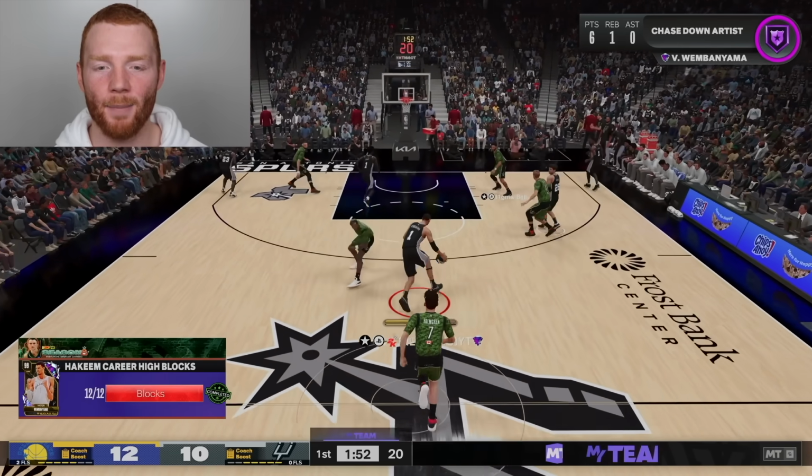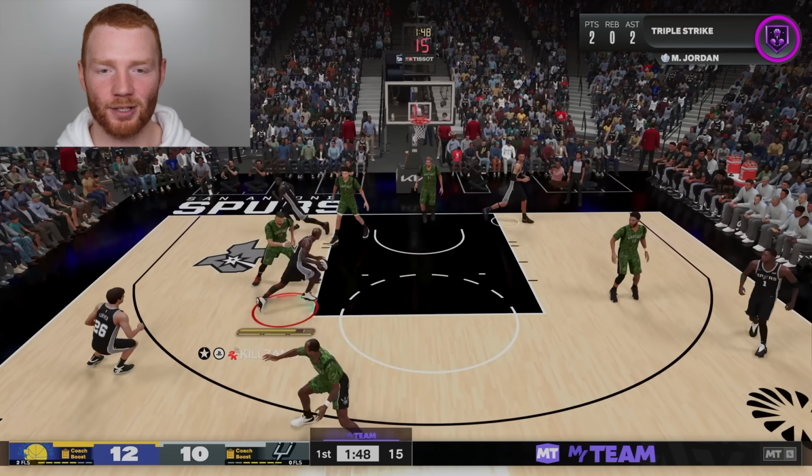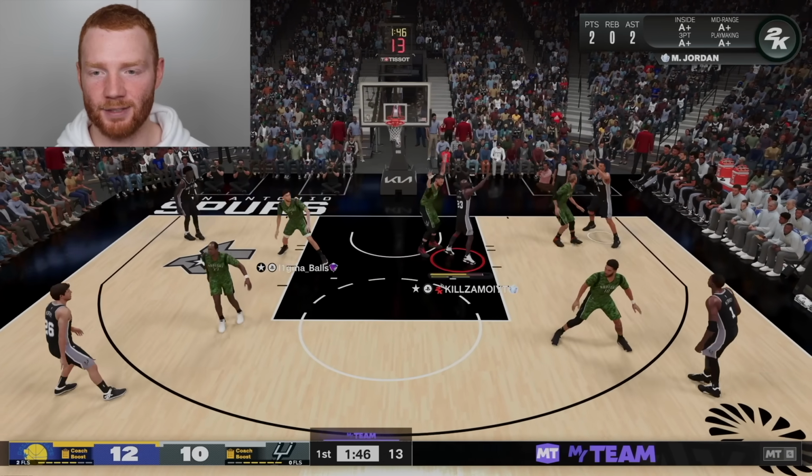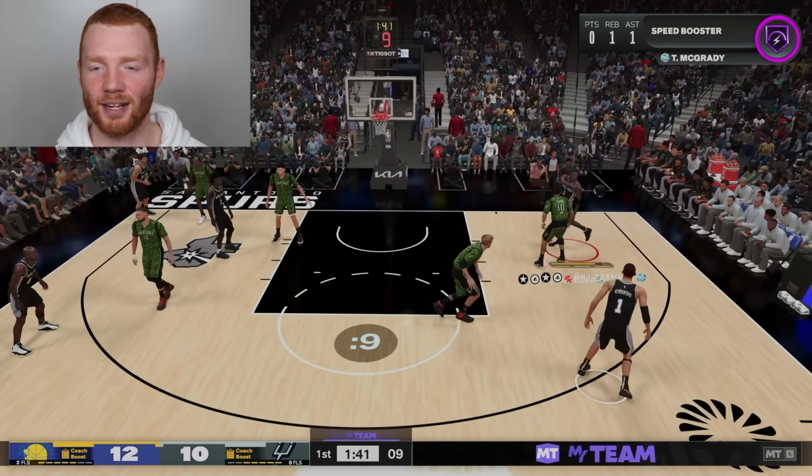Let's go behind the back this time. Wemby all the way, maybe. Let's go to spin. Let's kick it back out. It's actually a good pass too. It's a good pass, and it's not an assist. It's not anything yet, but Wemby almost has takeover already, which is such a big W